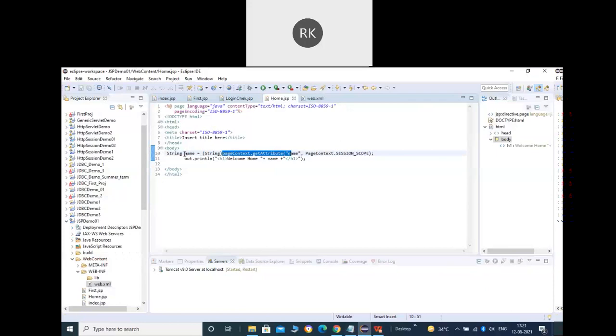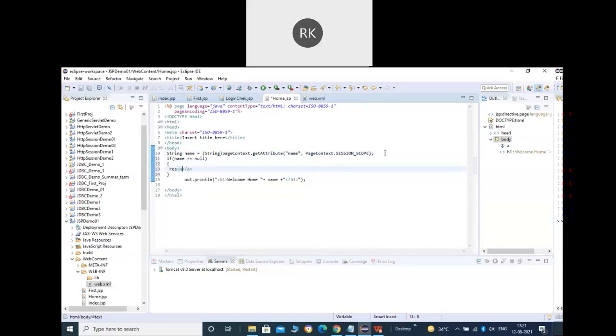If you remember, this is the same thing we have done in the session management topic. Again, I'm getting the attribute that has been defined there in the session. The name was name, and the value is this nm. If this is set, only then will it show you the content of the home page.